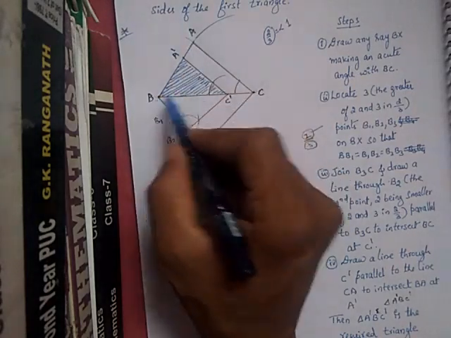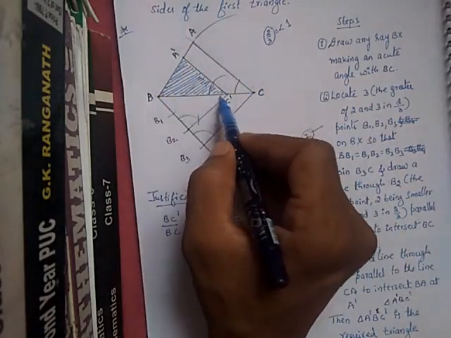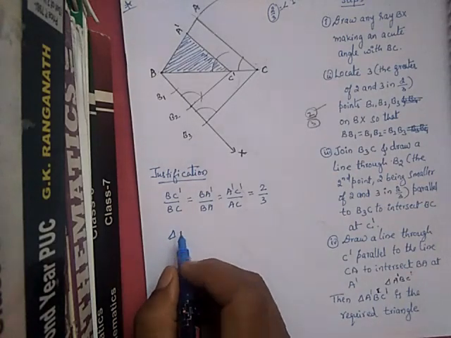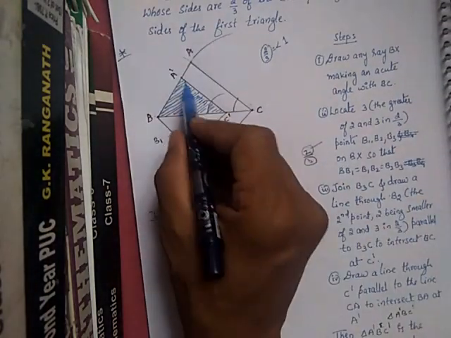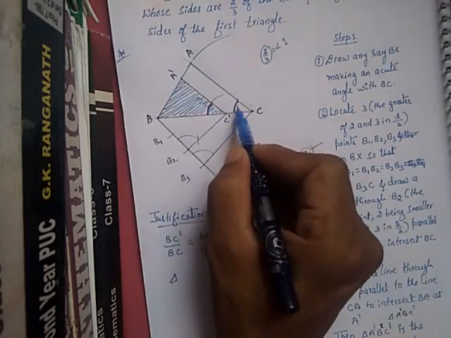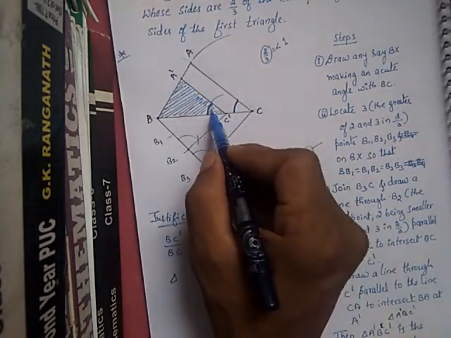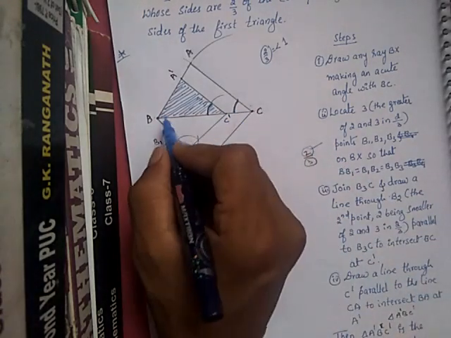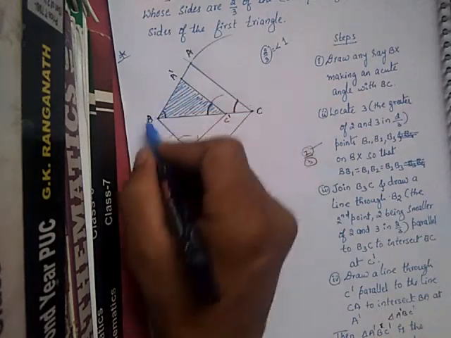See here, A B C and A dash B C dash are similar. You can see here in the triangle, since these two are parallel, these two angles are equal. These two angles are equal because these two lines are parallel and this is the transversal, so these two are corresponding angles, and this angle is common for both triangles.